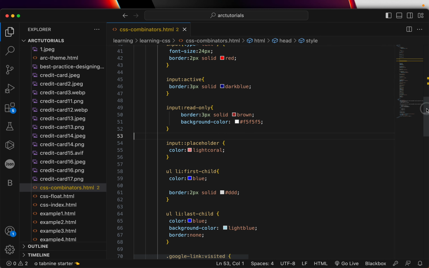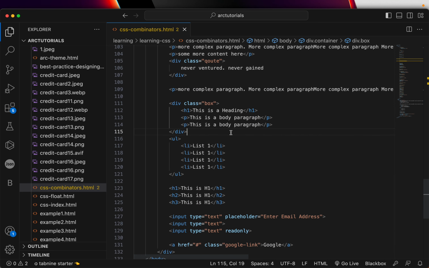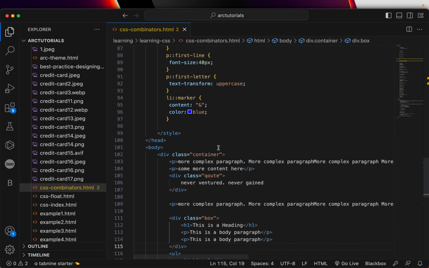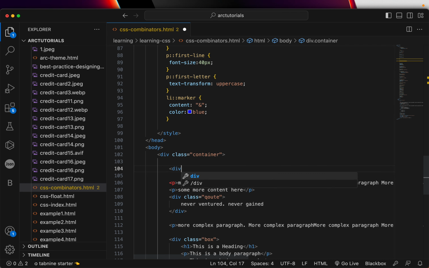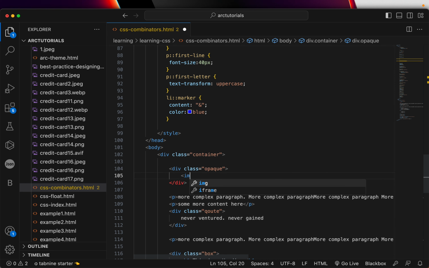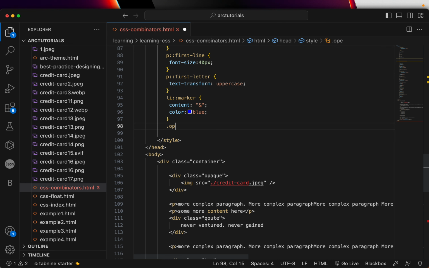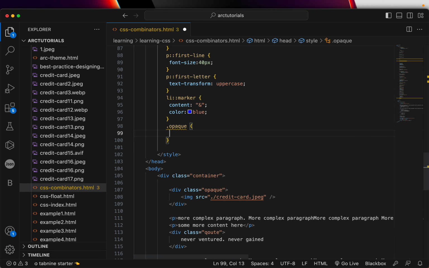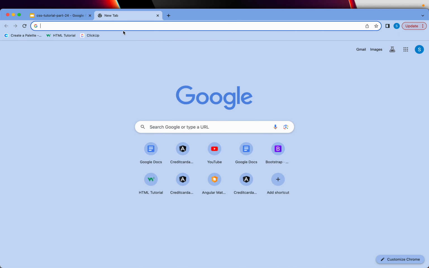I'm going to use the same file that we are continuing from where we learned about combinators, so that should be fine because it's relatively simple and straightforward. Inside the container, I'm going to add a simple div and let's call it opaque, and inside this we can have an image. I'm going to use any one image for now, and for the CSS we can write the opaque class name, and we can write opacity, and here you can say 1, that means display. So let's go ahead,